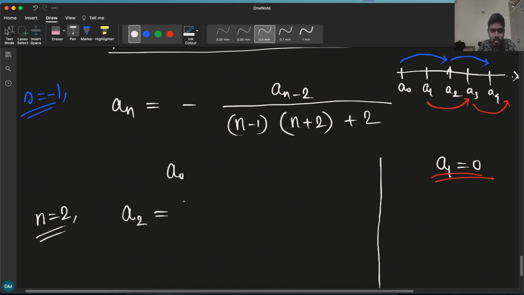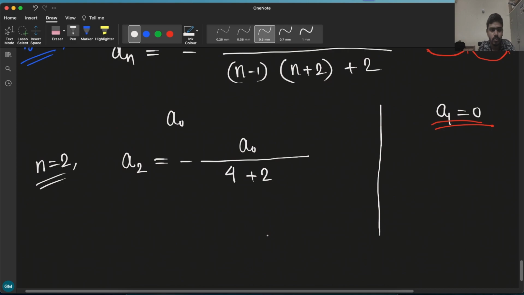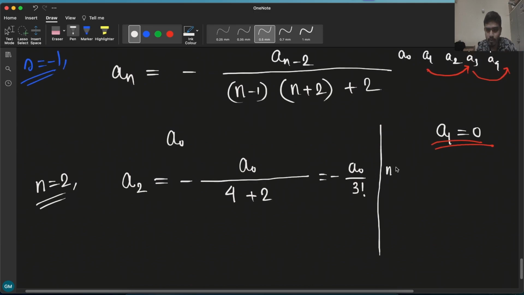So a2 will be, from this recurrence relation, minus a0, because a(n-2) is a0. For n equals 2, it is (n-1) times (n+2), so 2 minus 1, that is 1, times 2 plus 2, that is 4, so 4 plus 2, which is 6. So it will be minus a0 by 6, or I can write it as 2 times 3, or as 3 factorial, right? Okay, so let me write here,